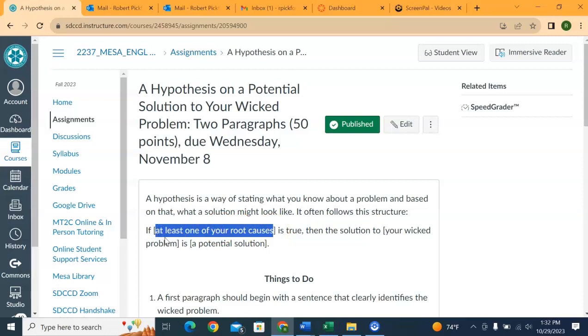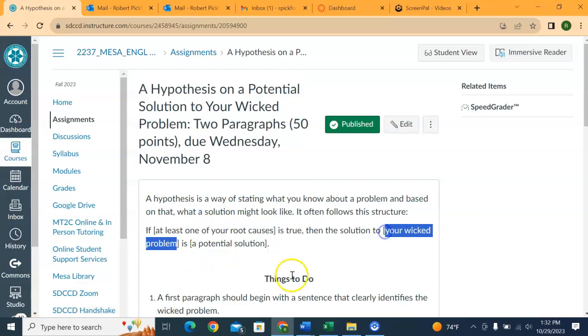If blank, one of your root causes, is true, then the solution to your wicked problem, and state what your wicked problem is this time, right there, is, and then you mention a potential solution. Doesn't have to be the one you land on at the end of the semester, but it's, let's call it